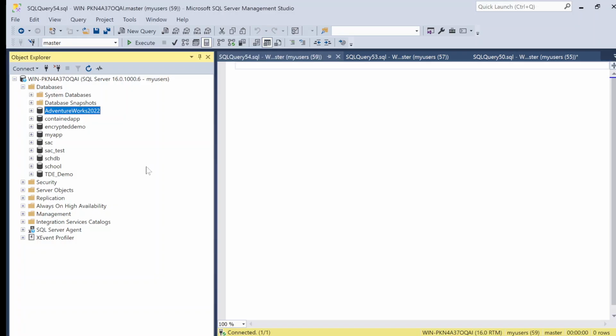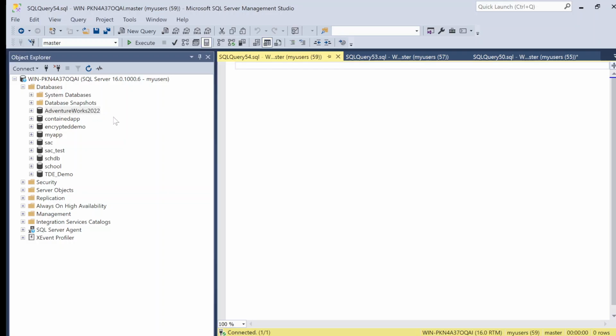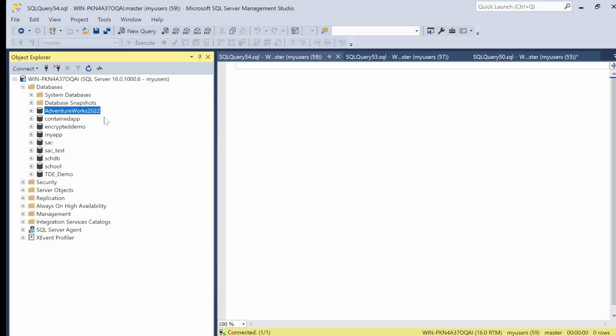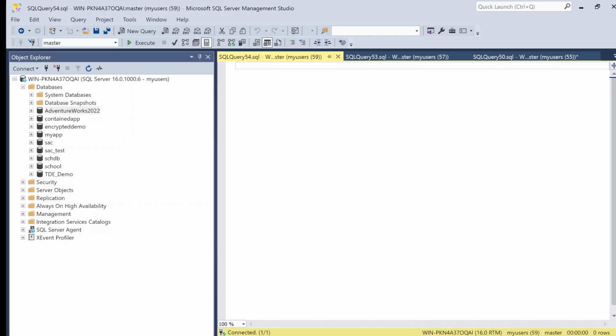Restore with move means we need the AdventureWorks data to be there but the name to be replaced, and the old existing database should be there. We need a new database but old records need to be there. So to perform that, we will be using move by relocating database files. For that, what you need is